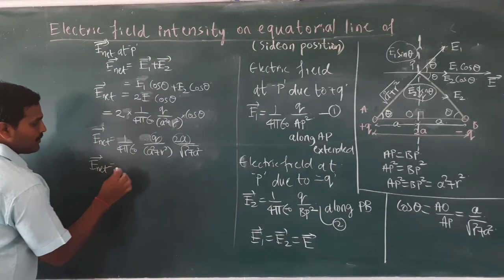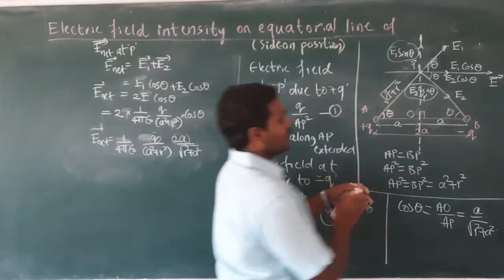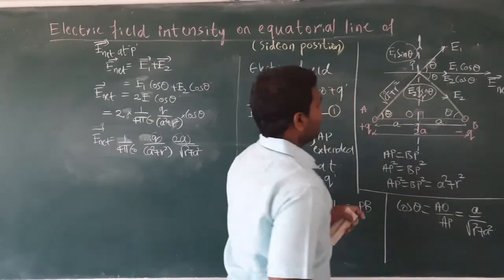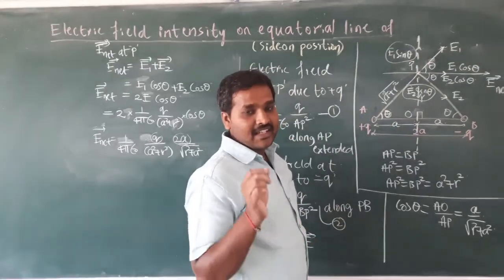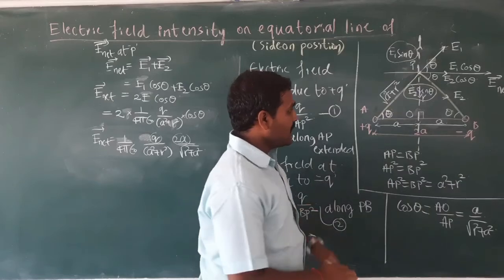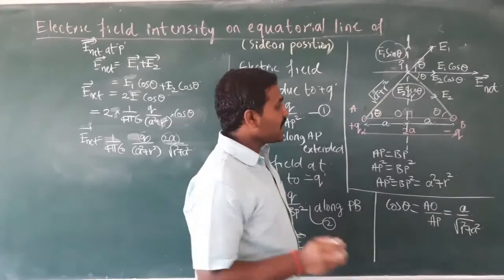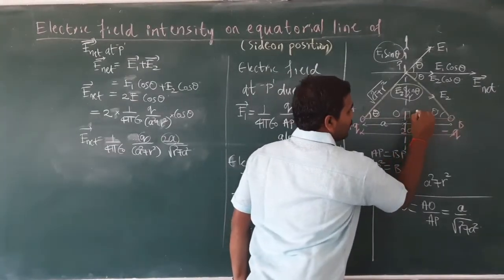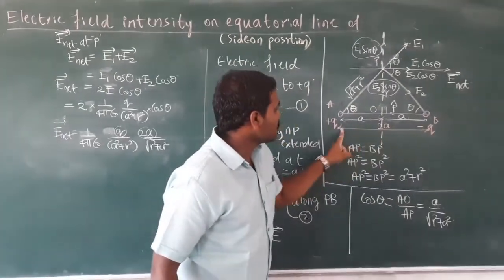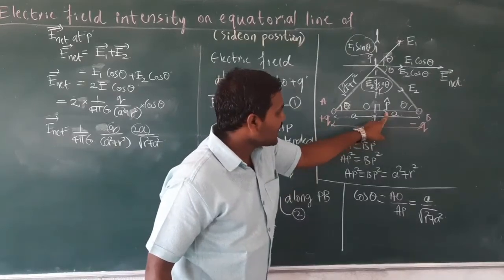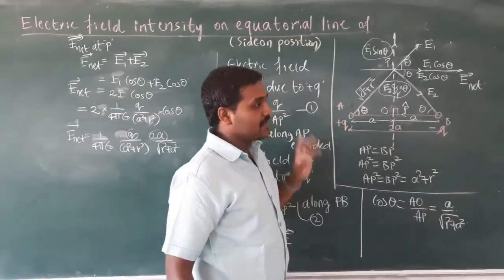Okay, so I can write E net is equal to 1 divided by, and what about the direction of this electric field? See here, the net electric field is along the positive x-axis. To show that direction, let us consider the electric dipole moment direction. Consider this electric dipole, plus q and minus q. We know the direction of electric dipole moment is always from negative charge to positive charge. So here our negative charge is at B, positive charge is at A, and hence the direction of electric dipole moment is from B to A. It is nothing but along the negative x-axis.